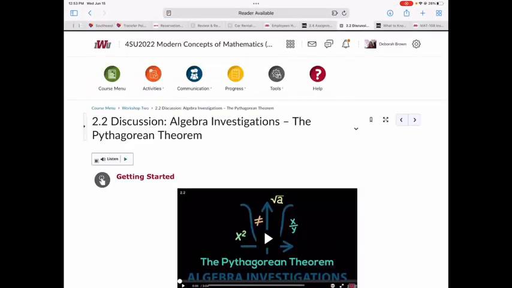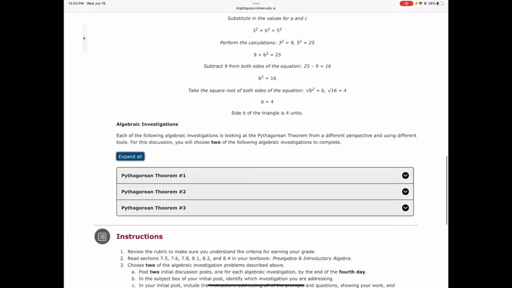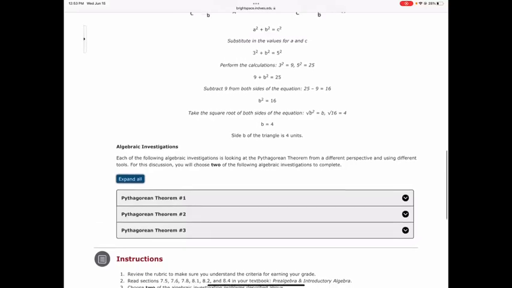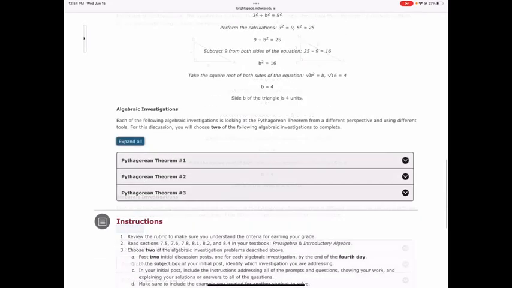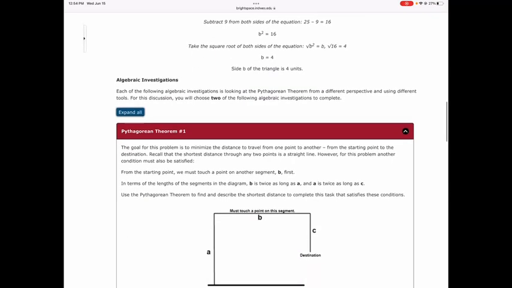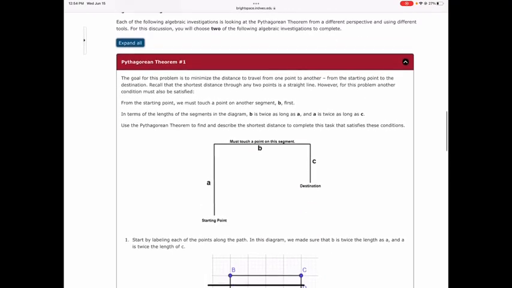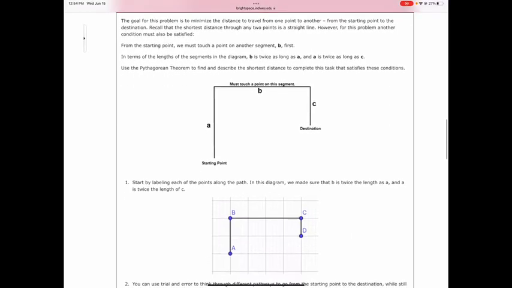Okay, for the Pythagorean theorem, you have 3 options and you have to choose 2. Now, I'm going to be honest with you. I think you should just do 2 and 3. They're the most straightforward and they have the least problems with them. I will go over 1, but I don't really recommend it because it's the most complicated one. Basically it starts out here and gives you this scenario